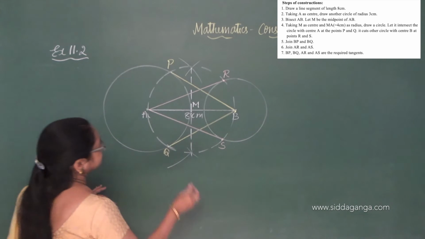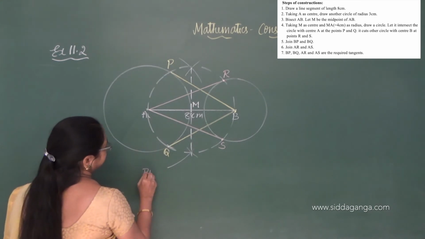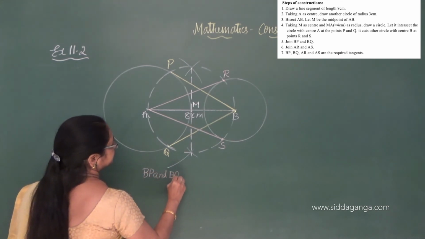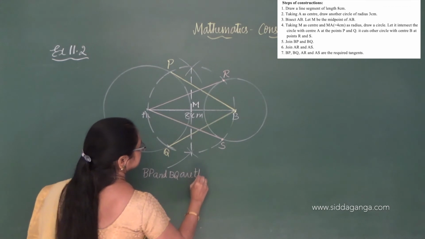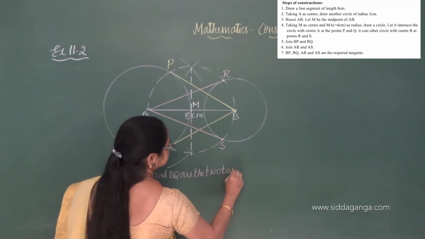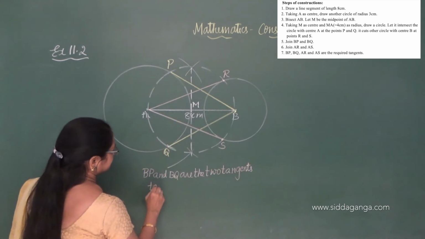You can write here: BP and BQ are the two tangents to the circle